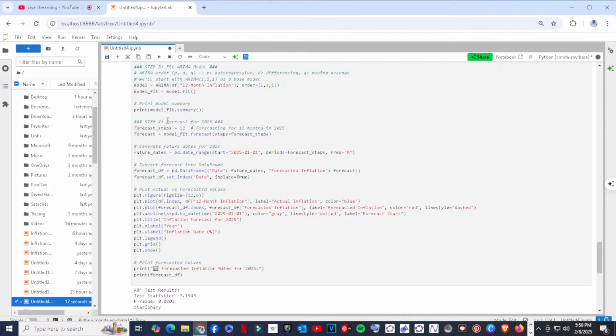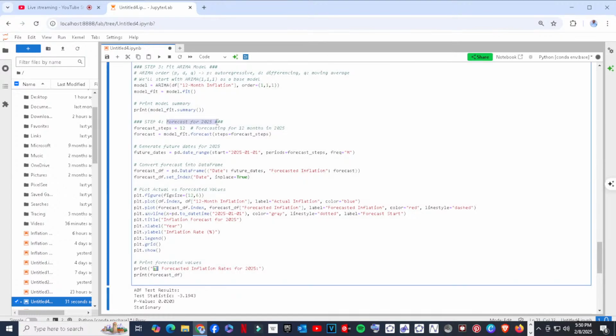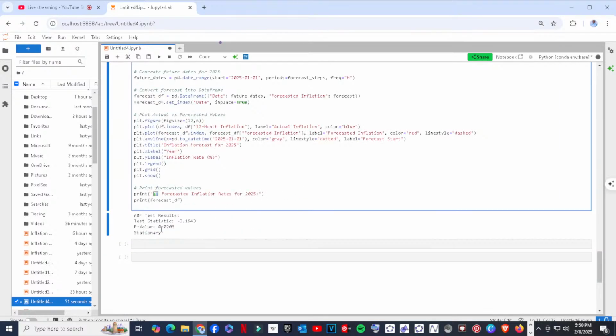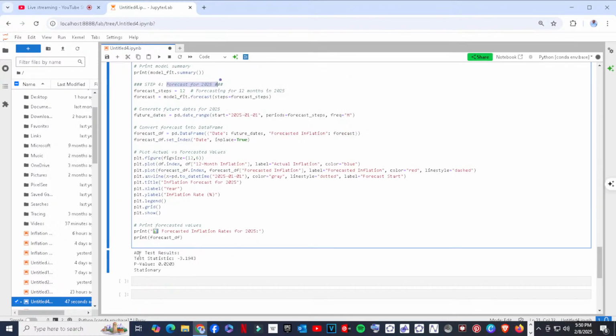And this is the main reason why I brought up this presentation, because I wanted us to see what is likely to be the forecast for 2025. I can see what it's doing now. It's just attempting to draw to give us diagrams and tables, and it's already given us results for the ADF test.